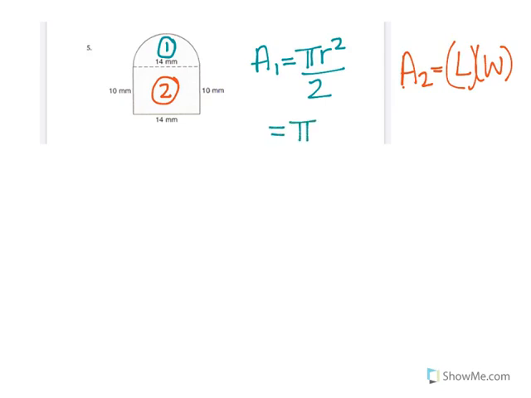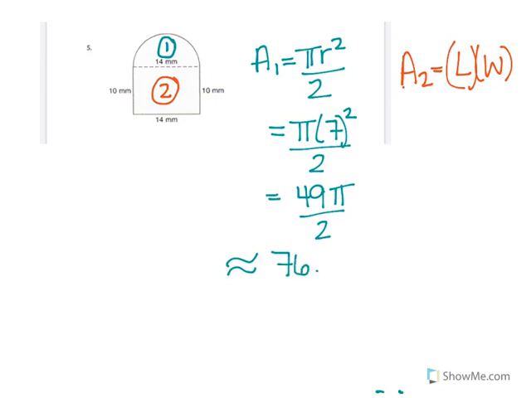So we have pi times 7 squared all over 2. And that would turn into 49 pi divided by 2, which would end up with, and we're rounding to the nearest tenth, so we end up with 76.97. Now, to round to the nearest tenth here,